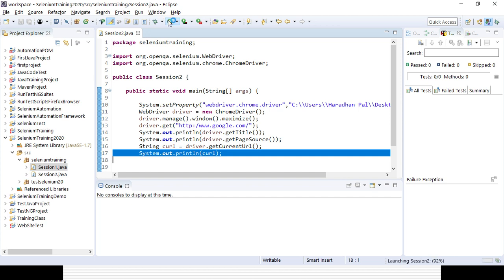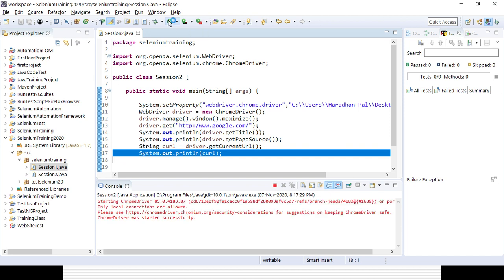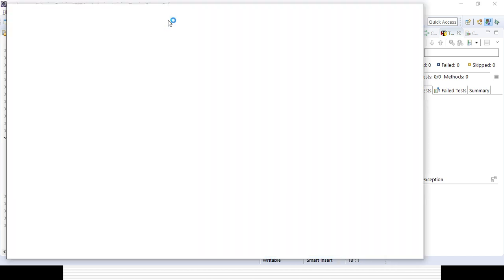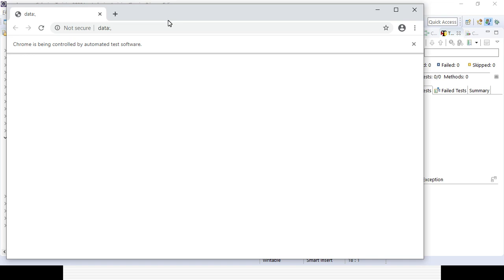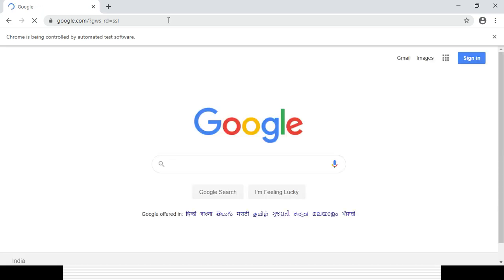So if you run it, you can see it is launching the Chrome browser and maximizing it, then it is opening the Google page, right?